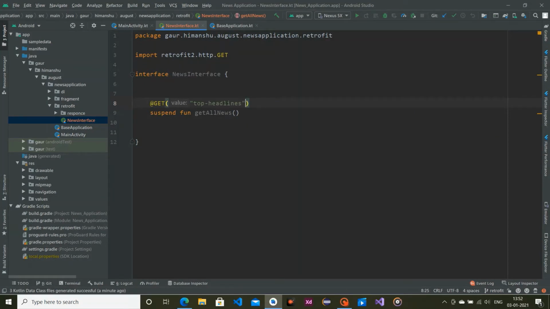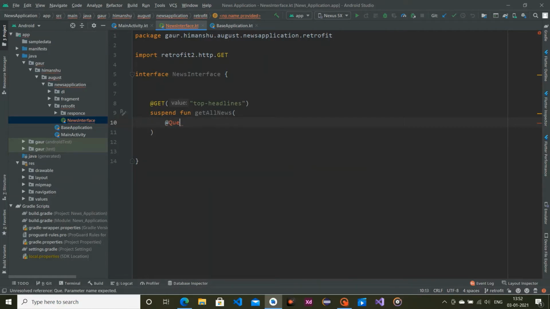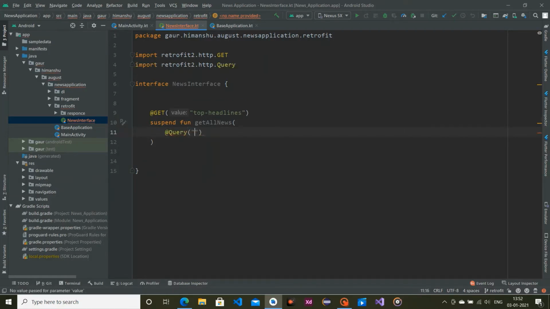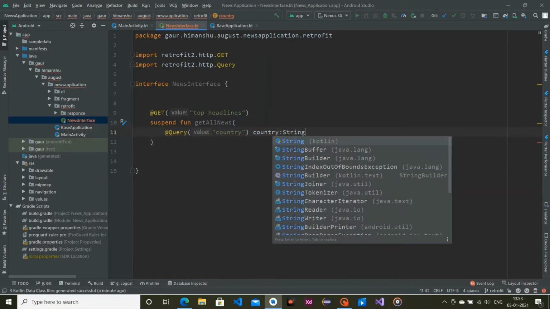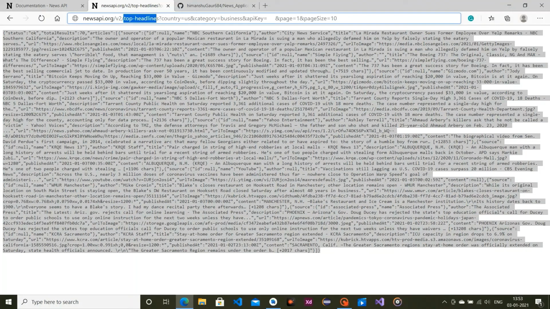Okay, so top-headlines, and after that it will make a query. So the first query is country, so just pass country, of type String. The second query is category.